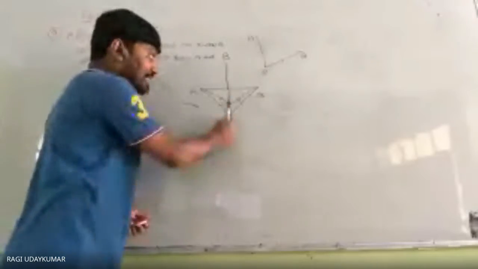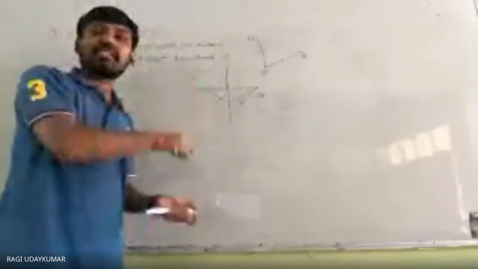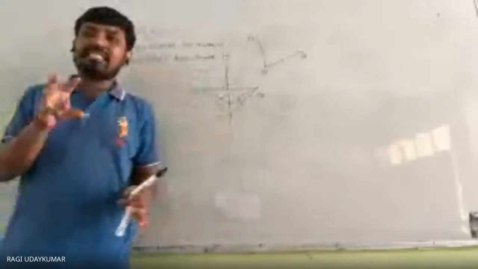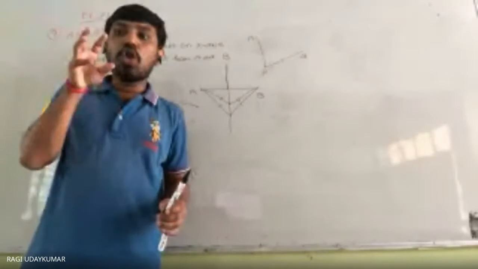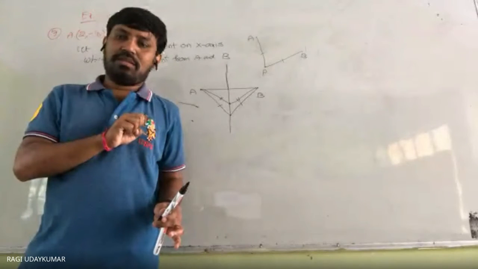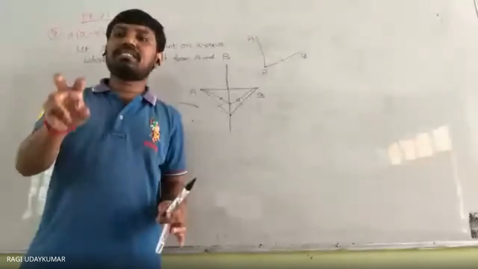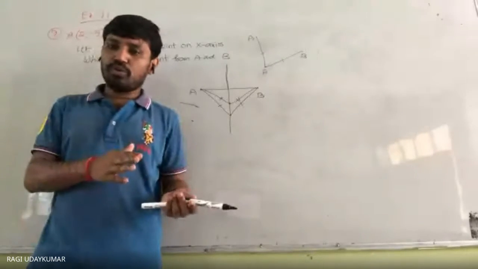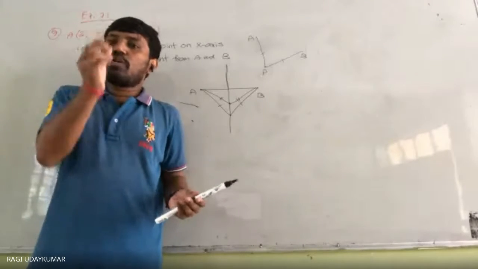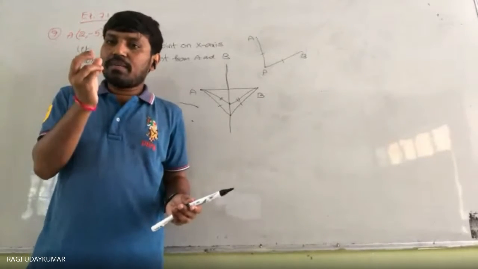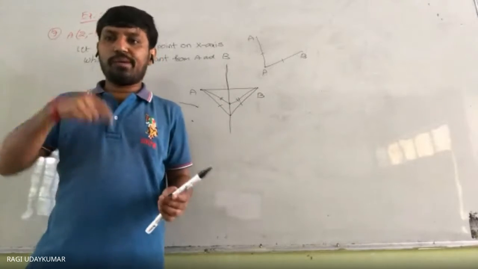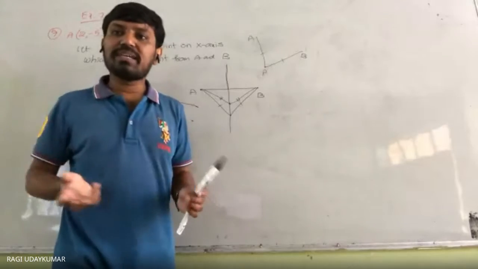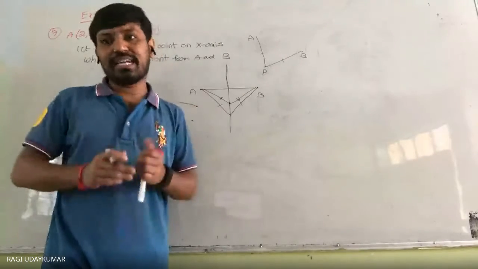But among these points, they are asking which point is on the x-axis. So why I am telling this is that this is the concept of the word locus in mathematics, but the locus terminology is not normally used in your books. It is not in NCERT. I already told you previously also. So locus is a property of the points. Locus is used in geometry. That is nothing but locus is a property of the points which satisfy a certain condition.